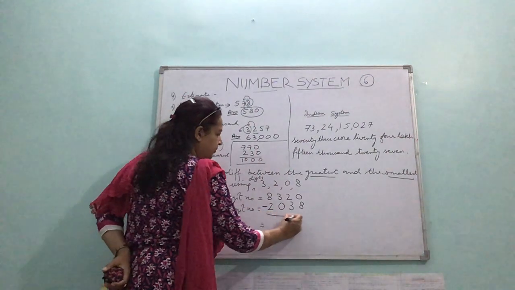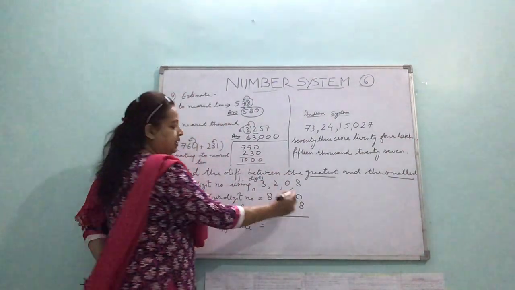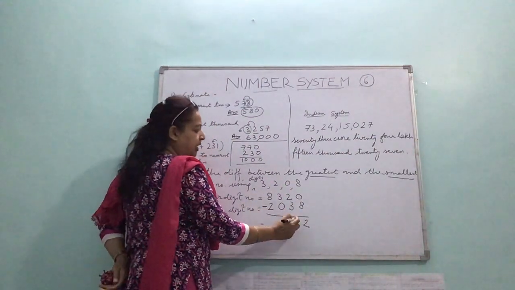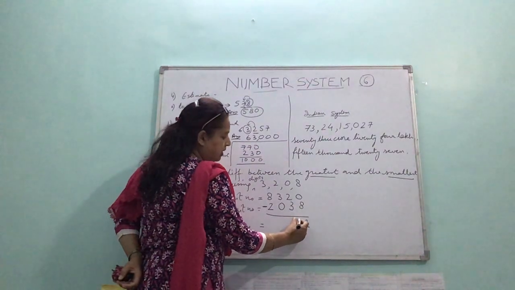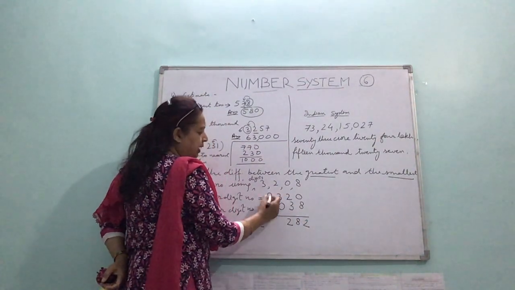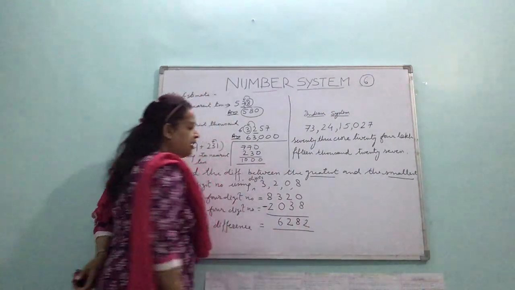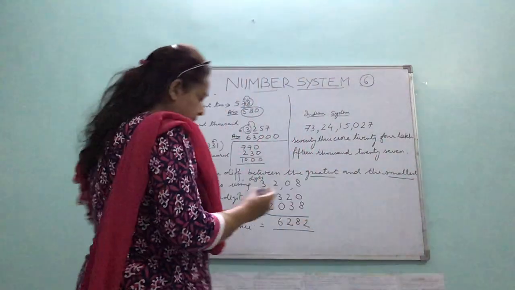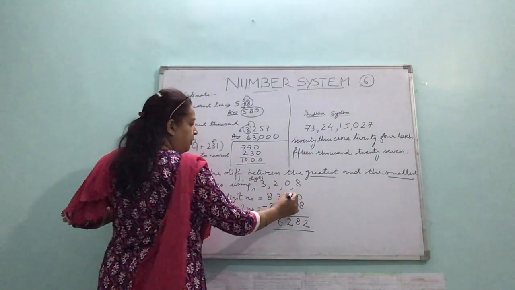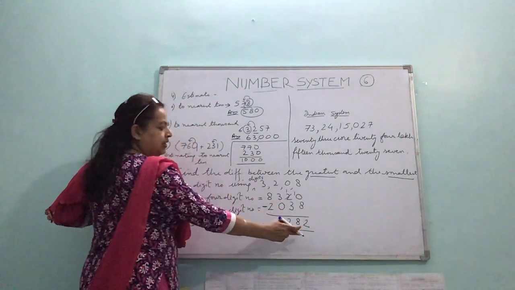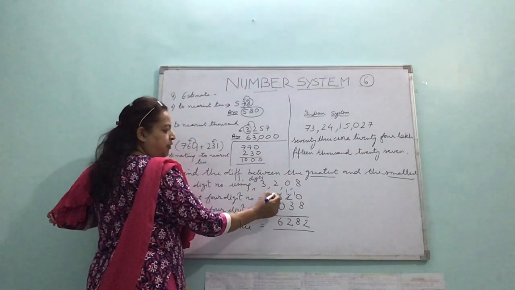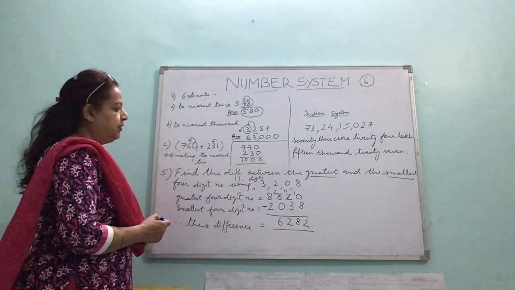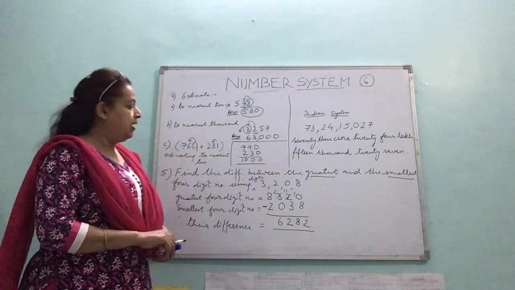I'll subtract, borrow, 10 minus 8, 2, now it is 11, again borrow, so 11 minus 3 is 8, we have borrowed, so it is 2, 8 minus 2, 6. So the difference would be 6082. I can show this borrowing using this. When I borrowed from here, it is 1 and this is 10, 10 minus 8, 2. Now when I borrow from here, it is 2 and then it is 11, 11 minus 3 is 8 and 2 and 8 minus 6 is 2. So